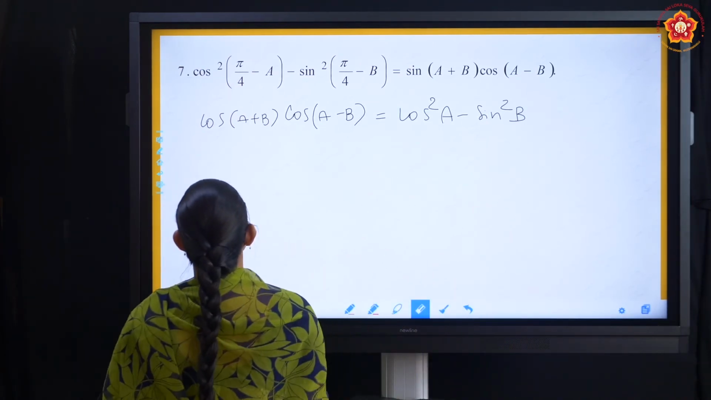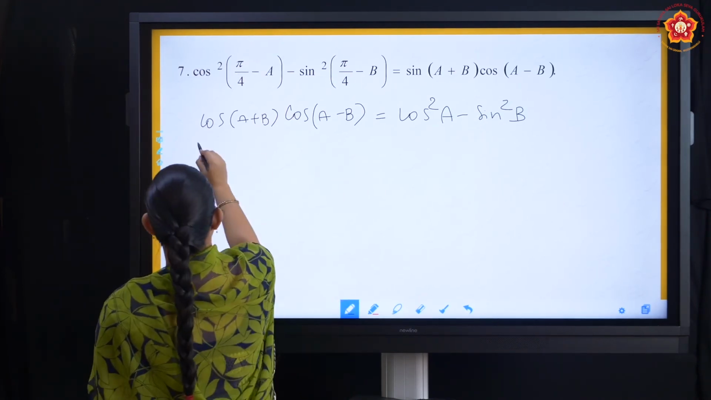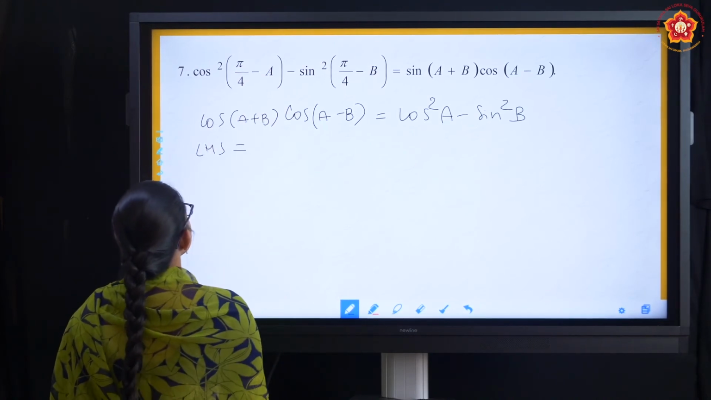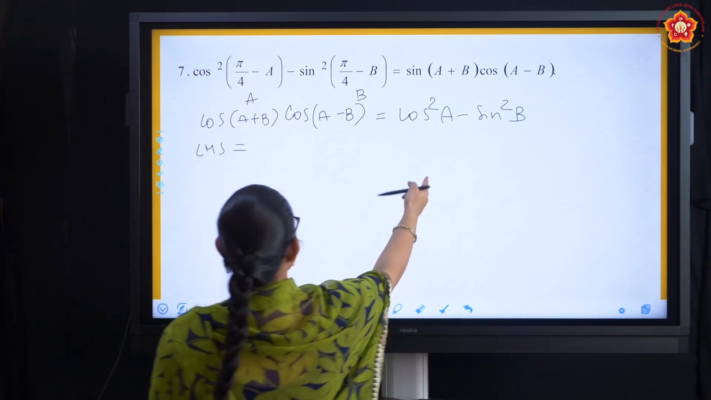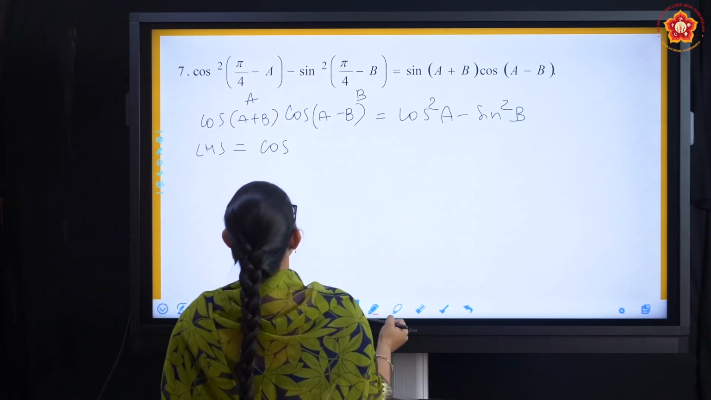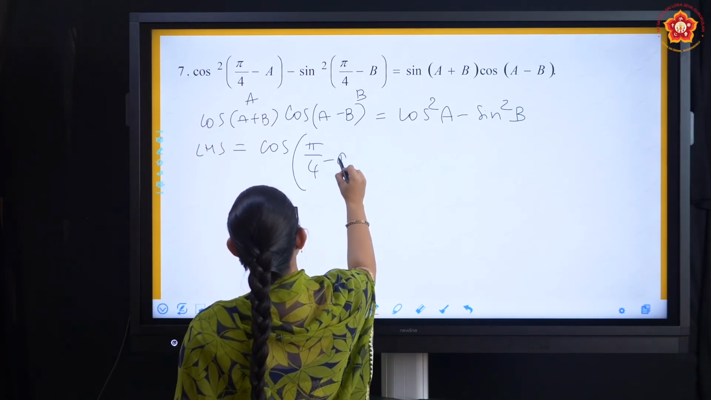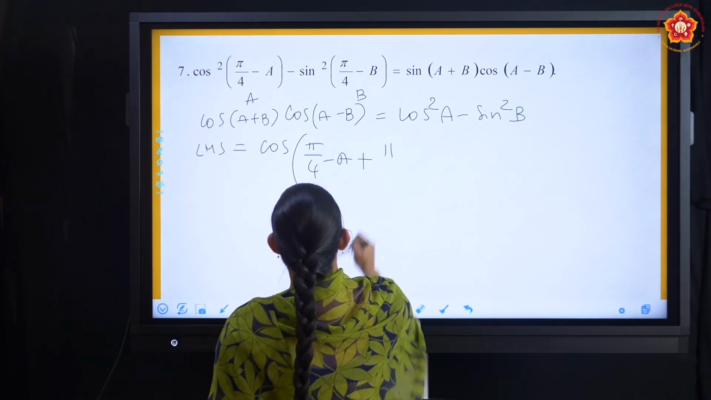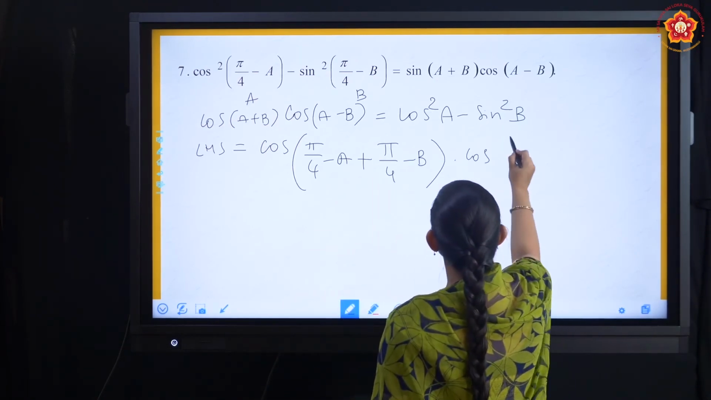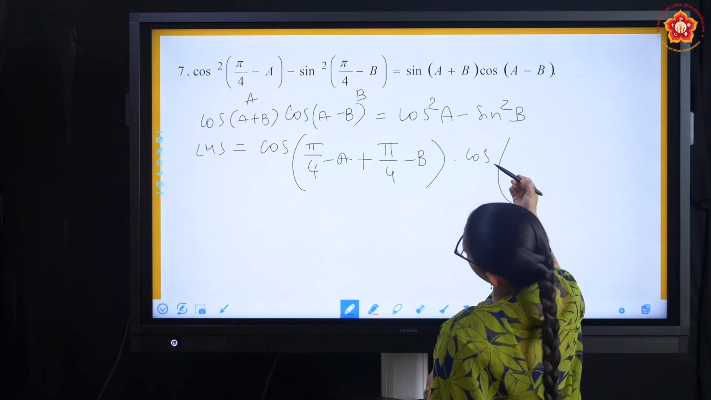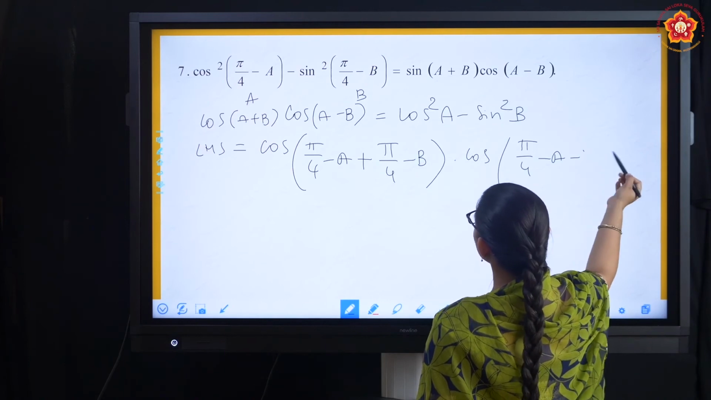So if we substitute here, we have the left hand side, which is nothing but cos square A minus sin square B, which is nothing but cos(A+B) into cos(A-B). A+B is pi by 4 minus A plus pi by 4 minus B, into cos(A-B). So A-B is nothing but pi by 4 minus A minus pi by 4 minus B,